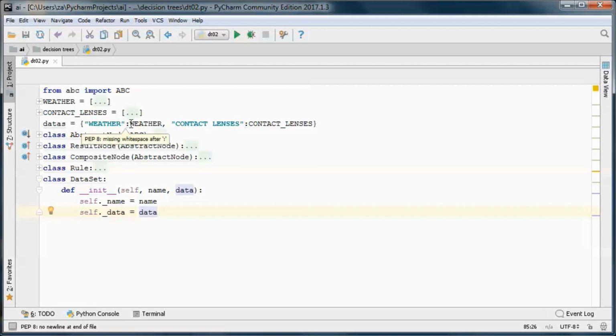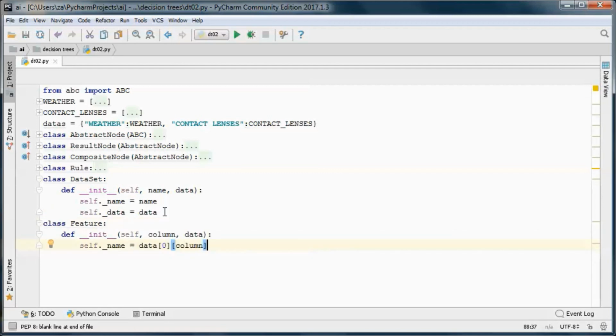So in this case, the weather or the contact lenses one, and it will have a name and a data that are initialized in the constructor. And this class will represent a feature in the dataset.